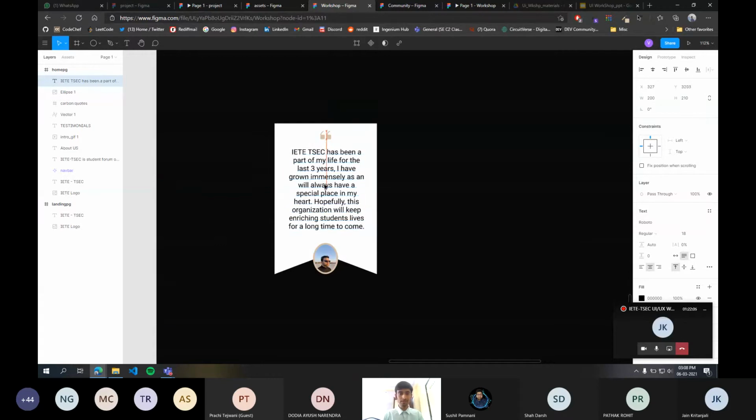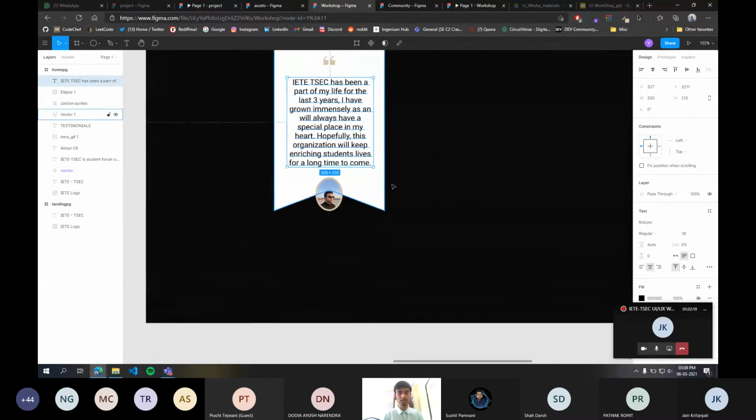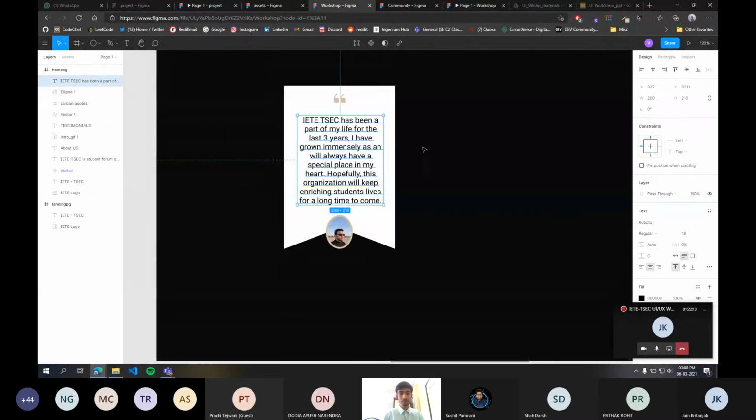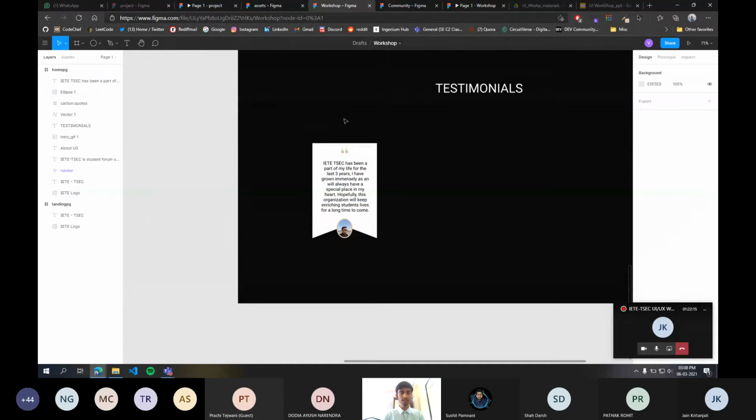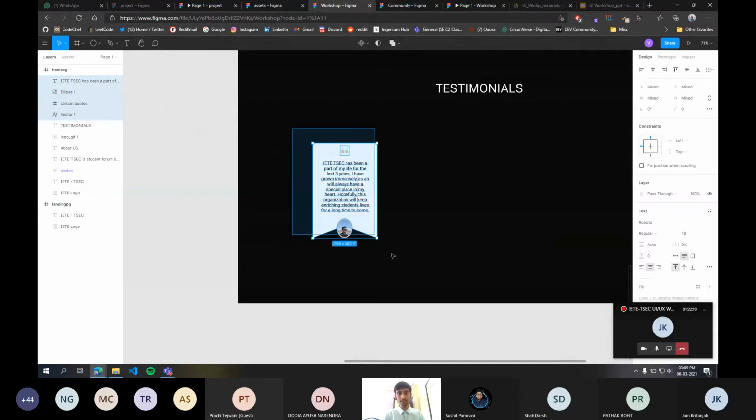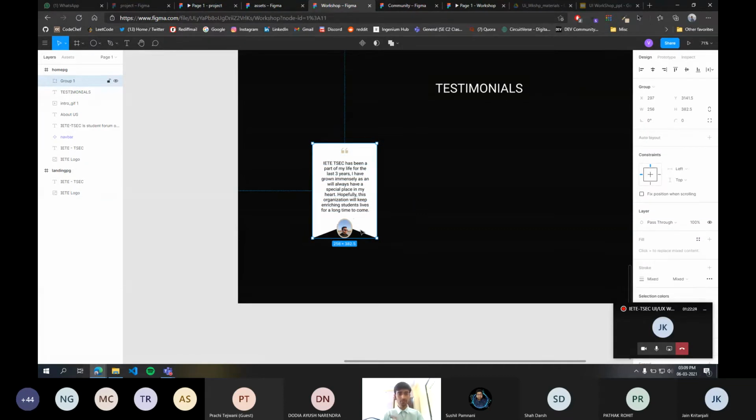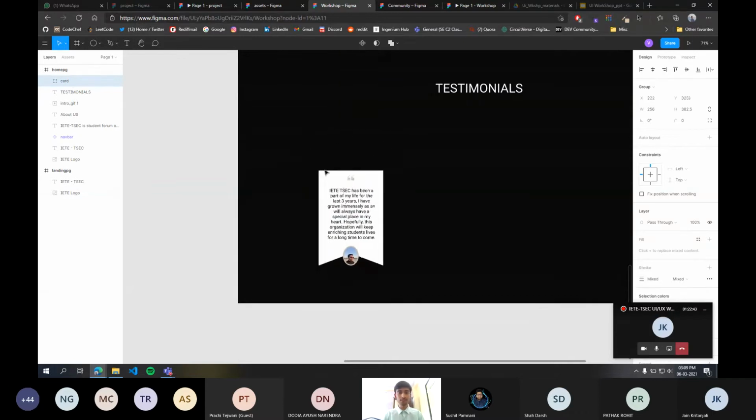So while prototyping, you will experience this a lot. You just have to play around according to the requirement. Now this SCOM card is ready. So what you can do is select this entire thing and press Ctrl G. What we did was we grouped this custom made component, and it has been renamed as group 1 in the layers panel over here. So you can double click on it and rename it as card. Now, as you can see, I can move this as a whole card.